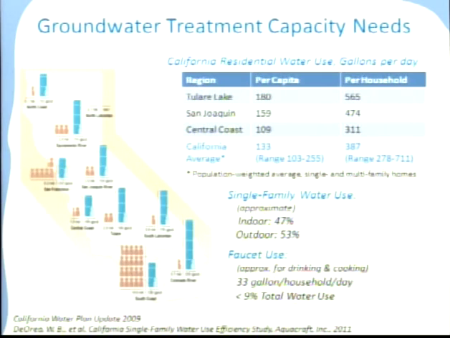But if you look in California and you look at water use per capita or per household, as you see in here, Tulare Lake, the San Joaquin Valley across, and the Central Coast, you see that there is quite a variability in terms of the amount of water that is used per capita, and I assume, and then convert it here to per household, you see that there's quite a variability. If you look at California, on the average, it's about 387